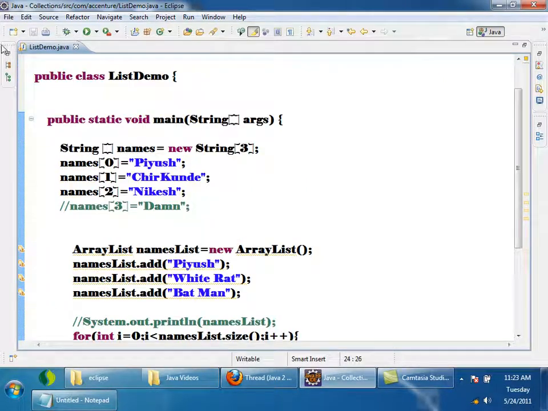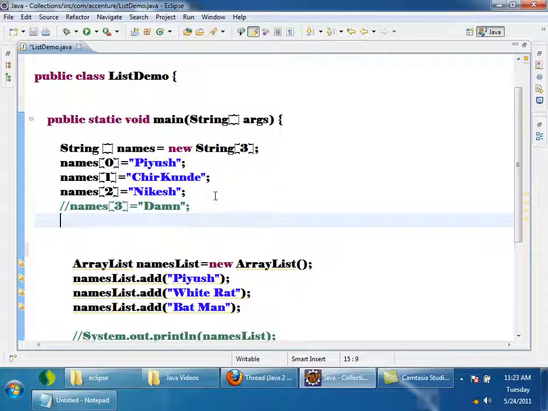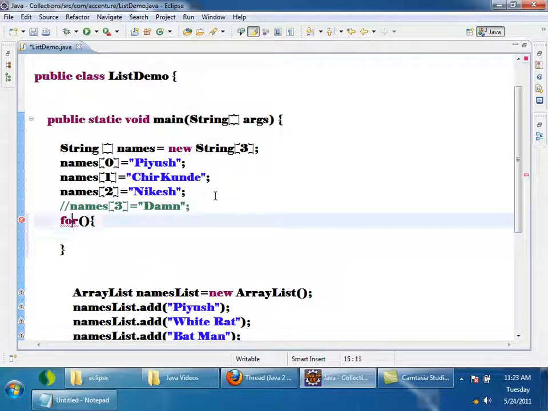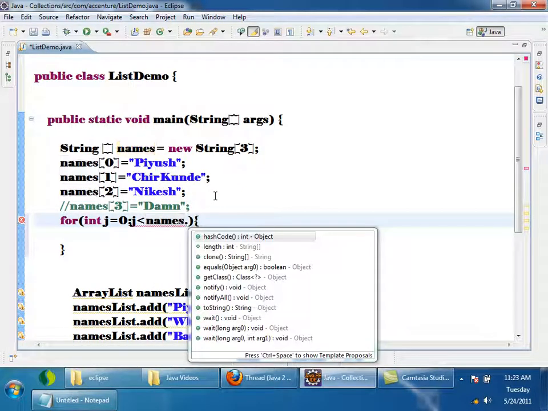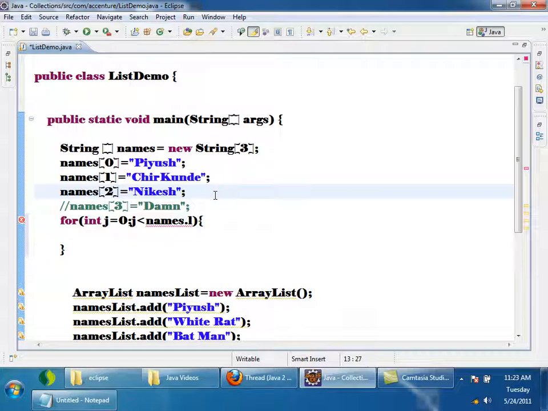How do you iterate over an array? Let's see here. For int j equals 0, j less than names dot length. I'll use j because I have already used i. Names is an array, so length, j plus plus.